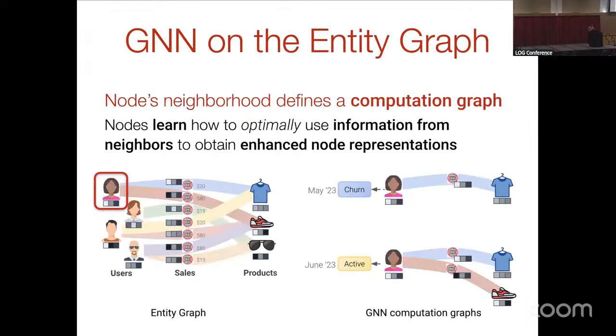So the main role of a graph neural network in an RDL setting is that it allows for representation learning on the entity graph, and that representation learning power is automatically executed by the node's neighborhood. For example, if I want to learn a representation of the user, the computational graph consists of the links represented in the original relational tables. Users are connected to transactions and transactions are linked to products. So a GNN computational graph for that user will be used to obtain the node representations